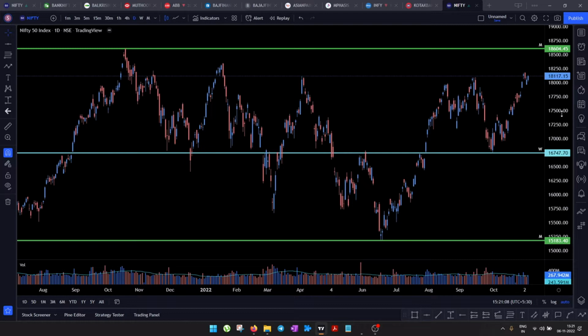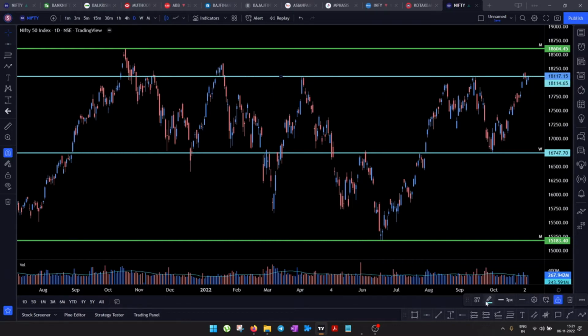And apart from that, from a big picture perspective, I do look at the monthly and the weekly charts. As of now, at the weekly, the relevant level is at 16,700 for Nifty, and it is far, far away from current price, right? So it's not that relevant as of now. Although this 18,600, which is the all-time high, is relevant, and the market is approaching that level now from the 18,100 that we see currently, right? And I trade only Nifty, so I usually do analysis of only Nifty. Bank Nifty I keep a tab on, but not very keenly, right?